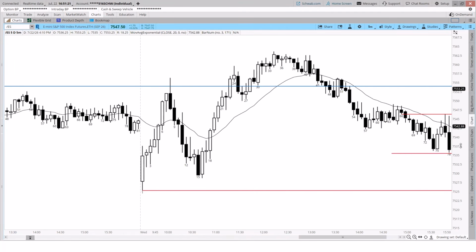So 78, really not an ideal bar for selling based on the context and its location. Time of day also plays a role, but this is assuming it wasn't bar 78, just purely based on price action. 78 is not a great sell because it's on a bear channel line. It's testing several measured move targets for the bears, and we just had this rally 75 to the high of 77. Those who sold the close 74 are trapped. This may start to go more sideways or even up as it evolves into a weaker channel or a trading range. There's probably buyers below 75, and at this measured move target, like I said,